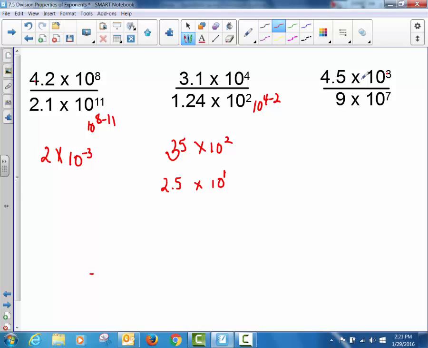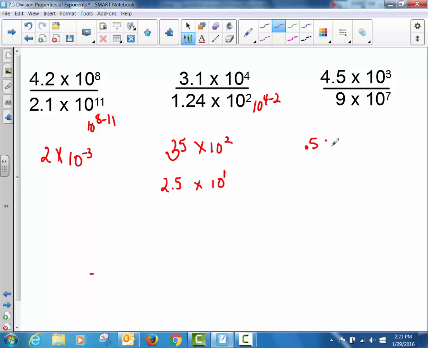Alright, pause the video, do this last one, and let's see how you do. Alright, so did you do 4.5 divided by 9, or did you make the mistake of thinking this was 2? Because a lot of people do that. They say 9 divided by 4.5, and they think that the answer is 2. But I hope that you did 4.5 divided by 9 and got